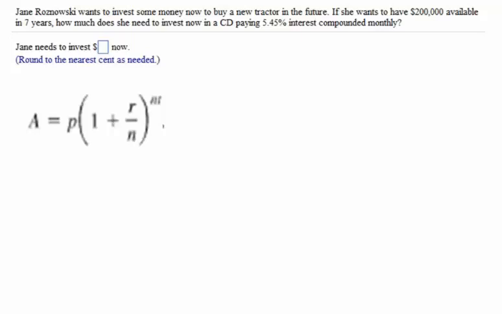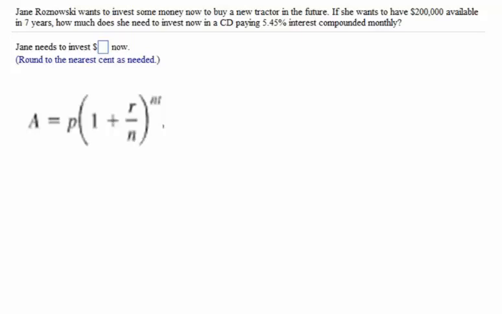So in this problem, Jane wants to invest some money now to buy a new tractor in the future. If she wants to have $200,000 available in 7 years, how much does she need to invest now in a CD paying 5.45% interest compounded monthly? So in order to solve this problem, we are going to have to use the compound